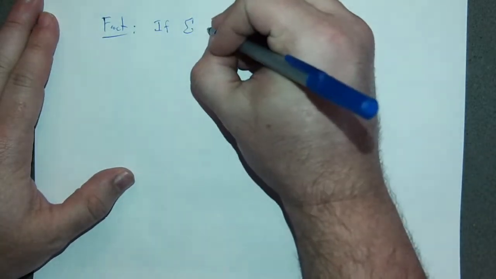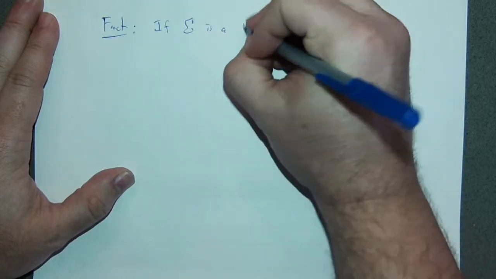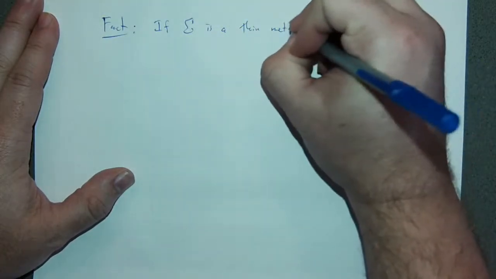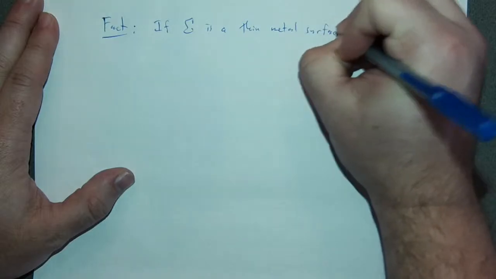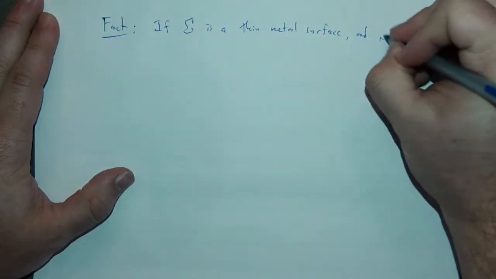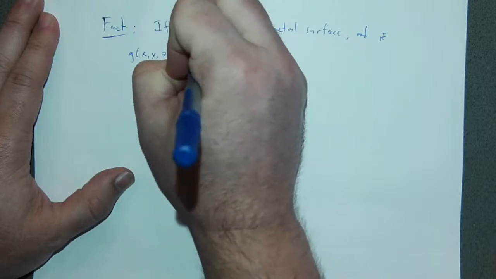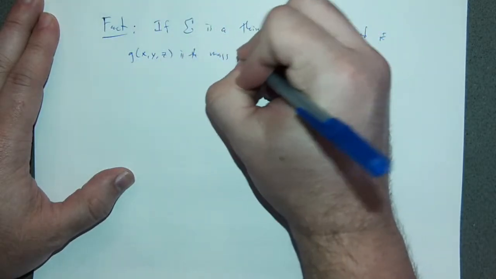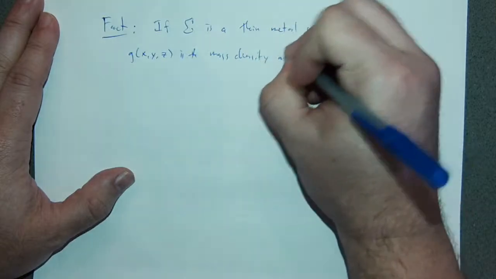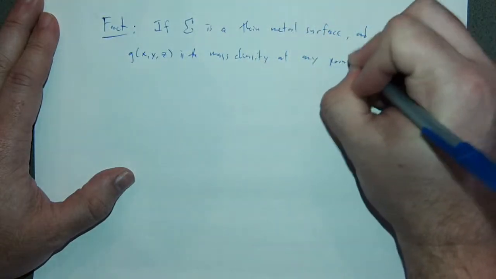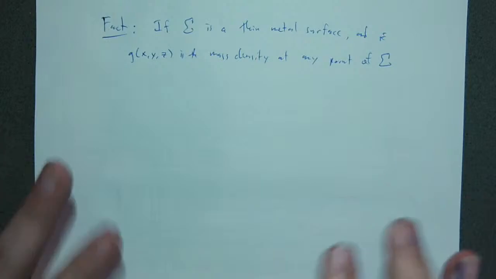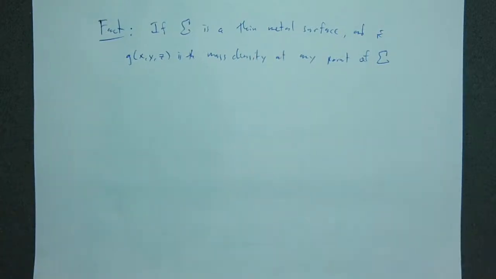So if sigma is a thin metal surface, and if G of XYZ is the mass density at any point of sigma. So if we think of sigma sitting in space in front of us, it's some thin metal surface, and we know the mass density function, G of XYZ at any point of sigma, then